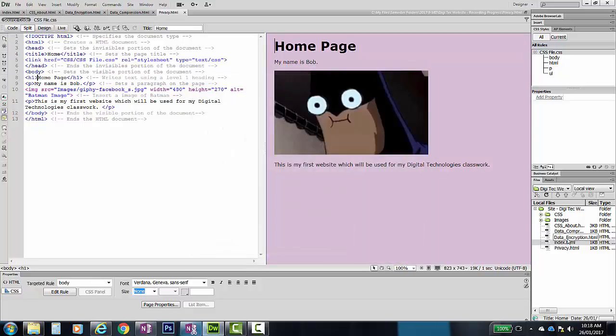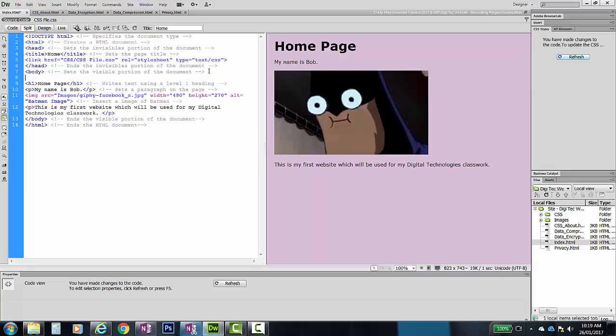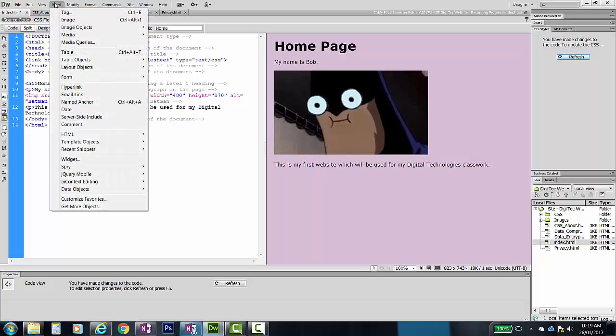So down here over on my right, I now have all the pages I need for this particular site. Making sure I'm on my index.html, I'm going to go ahead and add some links now. I want these links at the very top of my page, so in my code, I'm going to come here and press return, so I've got a blank line between the body tag and the heading 1 tag. And I can come along and say insert